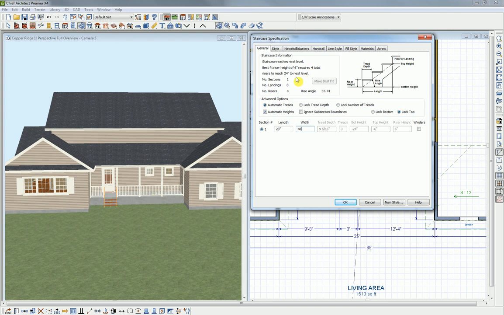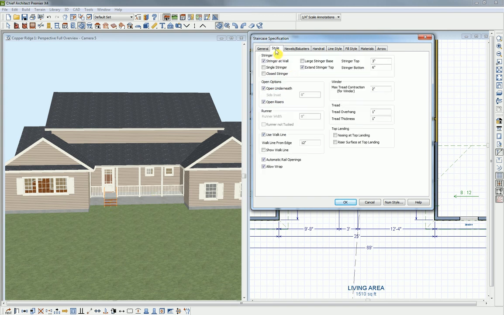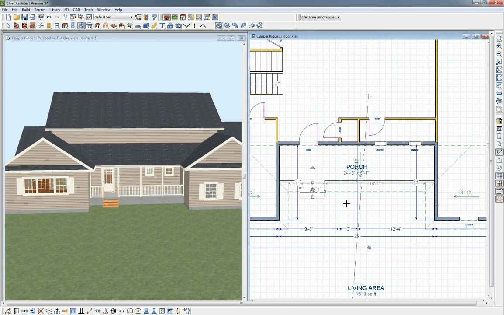We can go into some options in terms of our style, and instead of it being open underneath and having open risers and having a tread overhang, we'll change that to 0. And our tread thickness we can change to 0 too. That really doesn't matter. So what that's going to do, if we click OK, it gives us a solid stair,